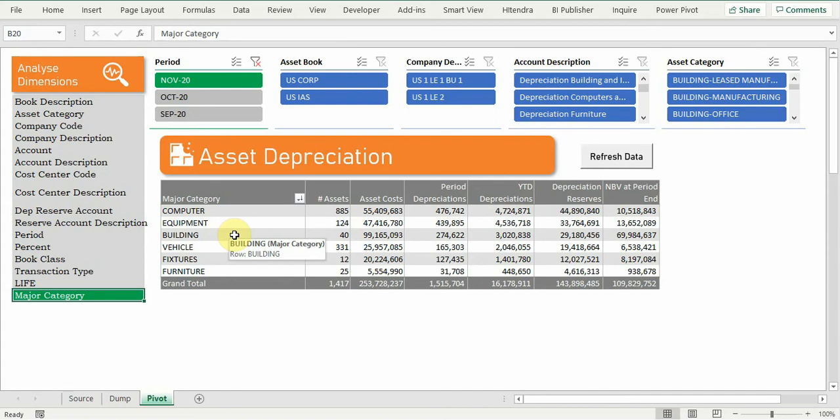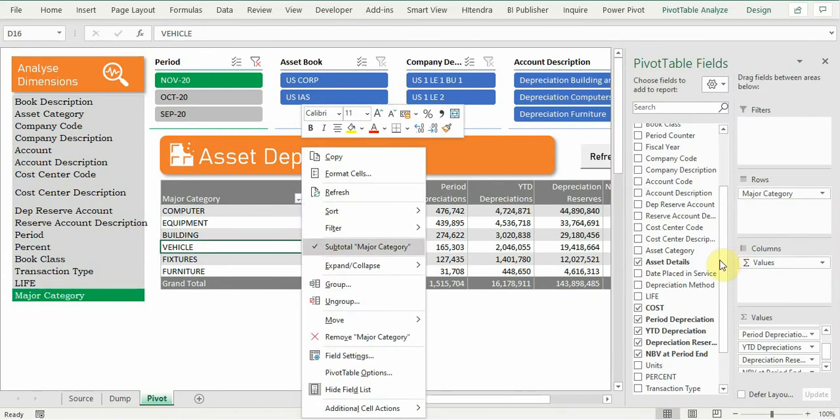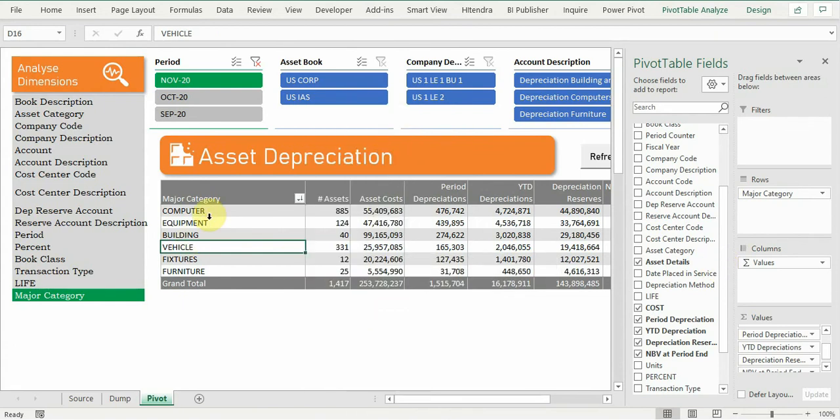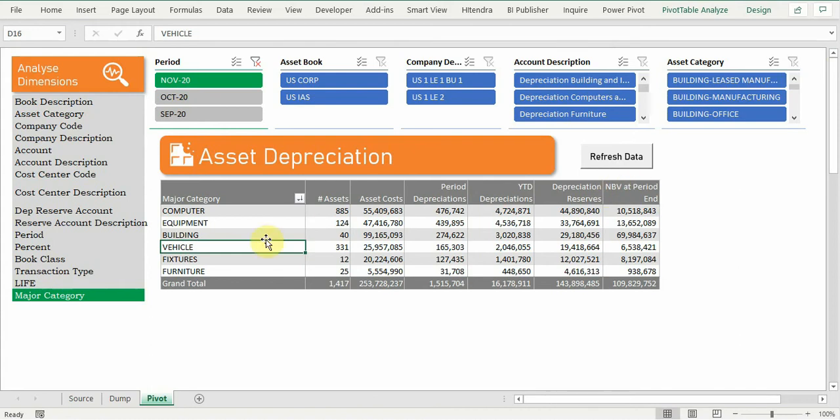So now you may be thinking, what is the key benefit of this approach? If you think it is saving of time, it is not so. Changing the row value in the pivot table hardly takes a few seconds. The main benefit of this approach is to eliminate the distraction. Now the user doesn't need to go and see all these fields and columns. They need to just focus on the main dimension and the analysis data over here.